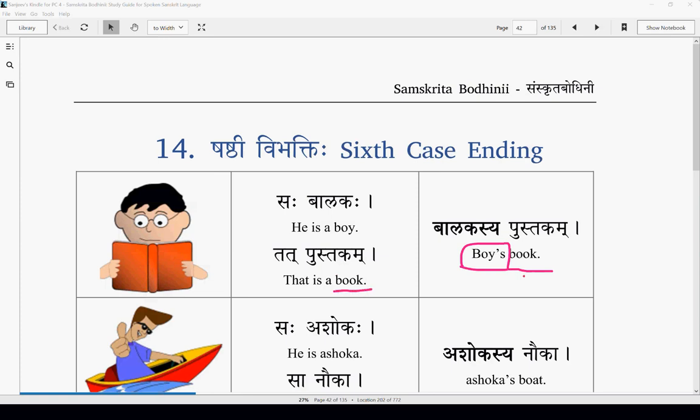You see that the form of the book doesn't change. Book is book. The word form pustakam remains as book. But we want to change the word form of boy to boy's. So we are changing this balakaha to balakasya, the Shashthi vibhakti case, or the sixth case ending in that table. Again, if you look at the table,